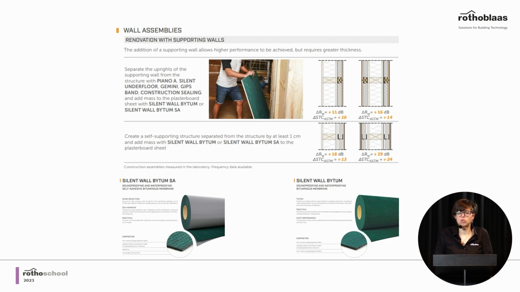So there are two possibilities to construct them. One is to construct with a structure made of timber. You can separate the timber studs with resilient material like Piano A, Silent Underfloor